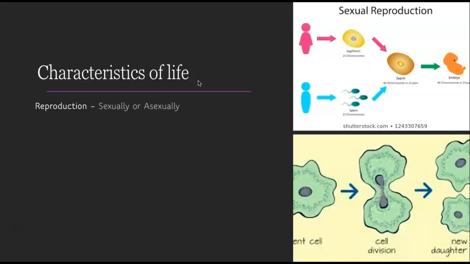Here are some other characteristics. Organisms have to be able to reproduce, either sexually, like we do, where a male provides sperm, a female provides an egg, they form together to form a zygote, a bunch of divisions happen, you get an embryo, and somewhere around 9 months later a baby is born. Or you can have an organism that reproduces asexually, where an identical clone is produced. Our cells reproduce like this. That's called mitotic division, and maybe we'll talk about that at some other time. But single-celled organisms also can reproduce asexually.